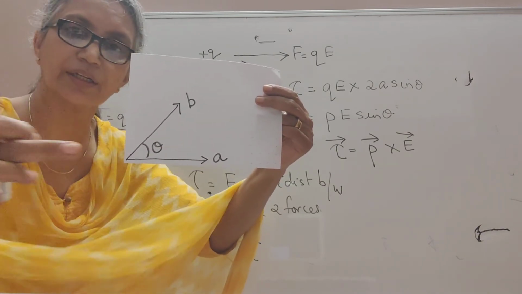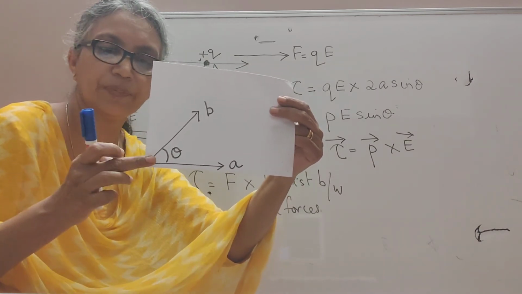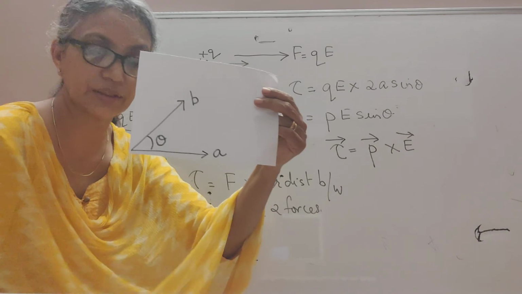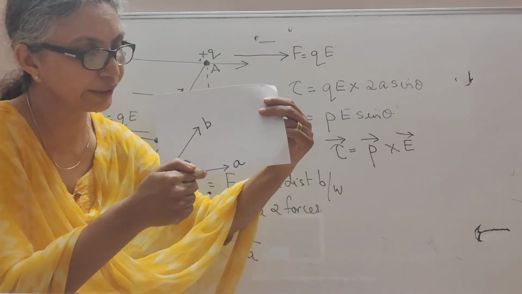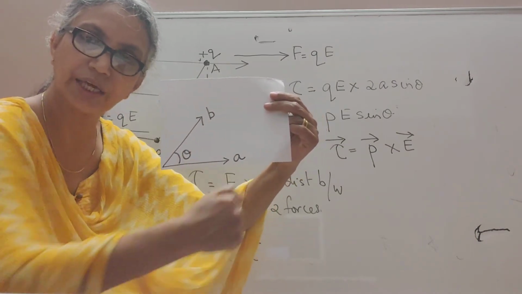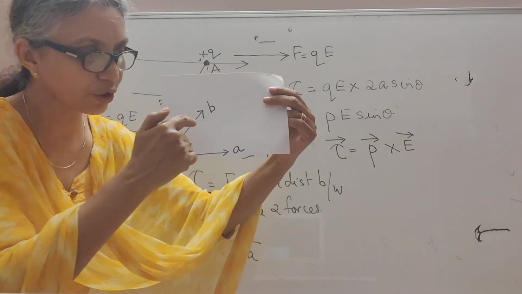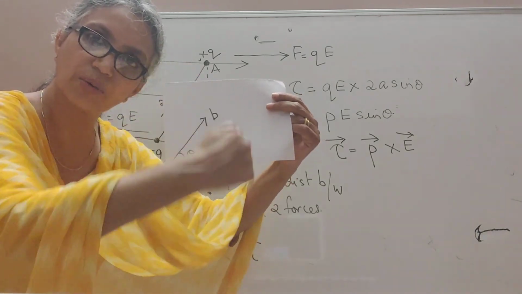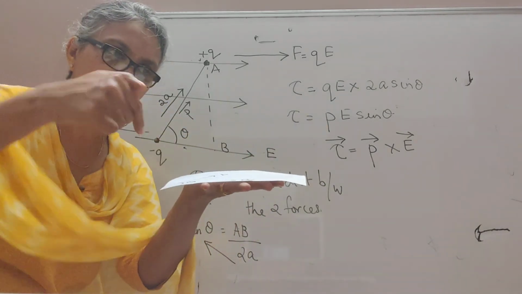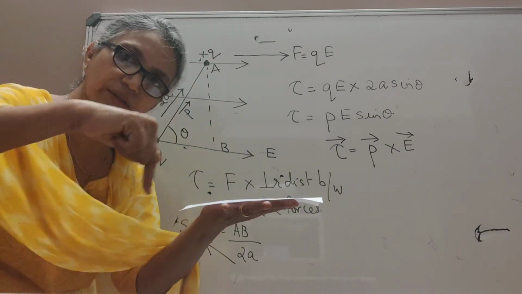Perpendicular would mean either perpendicular and outwards like this towards you, or perpendicular and inwards like this, away from you. Whether it is out or in depends on how you turn it. If you are taking A cross B, you will see you are turning in the anti-clockwise direction. Anti-clockwise direction would mean perpendicular and outwards towards you. If you are taking B cross A, then you are turning in the clockwise direction. That would be perpendicular and inwards. If your plane is like this, A cross B is anti-clockwise turn, outwards, upwards,